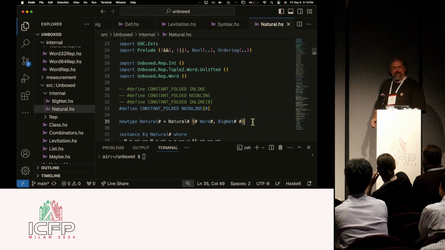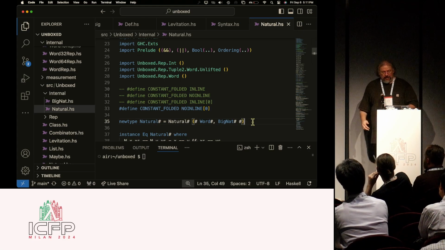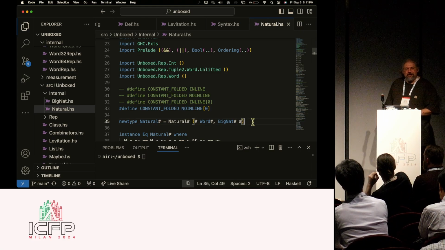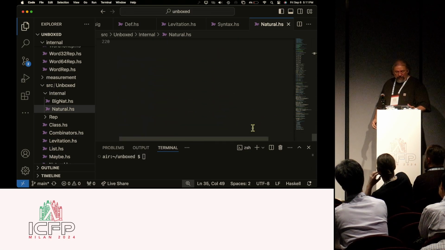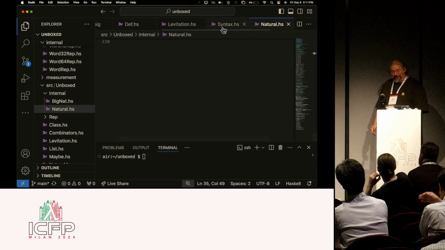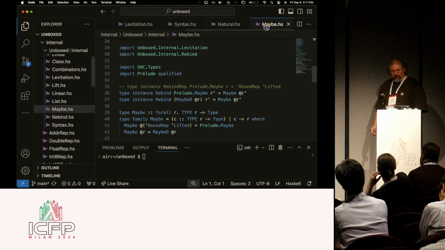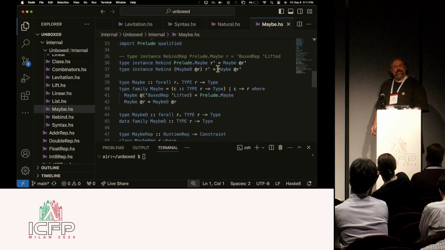This was before we had unlifted data types, so I had to use unlifted sums and unlifted products to make everything. But we can actually build some number types that get some pretty good performance, and I can push right up to the edge of what one could theoretically do. Is this a good idea? No. But we can do clever things with it,